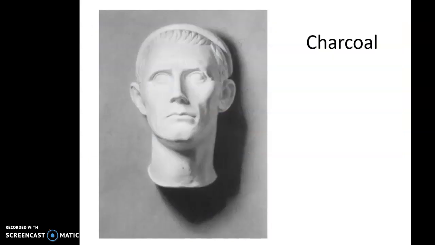Now this is just an average charcoal piece. This is what I would expect most of my incoming college freshmen to do. How this particular piece is done is you would have a white piece of paper, and they would take the stick of charcoal and cover the entire paper with it, rub it in to where it's a smooth, velvety black, and then they draw in with their eraser. So they're taking the charcoal away, which is why it's called a subtractive technique. This is an average charcoal piece that I would see from most 17, 18, 19-year-olds coming into